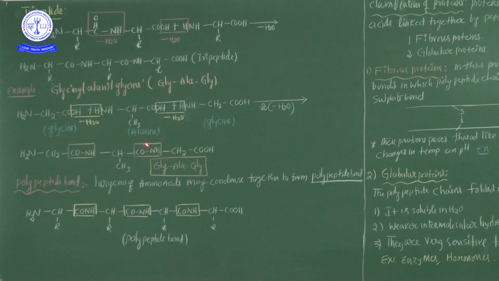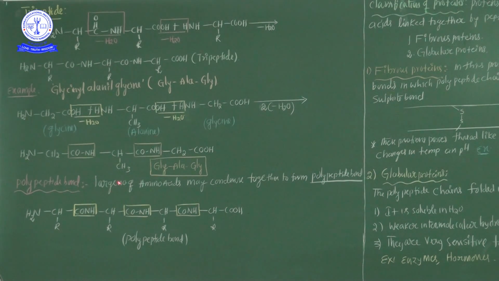Actually, my dear students, the number of peptide bonds among n amino acids is calculated by the n-1 formula. Write down this one. So once again, the number of peptide bonds among n amino acids is equal to n-1. For example, 10 amino acids involved in the condensation, 9 peptide bonds are there. 20 amino acids involved in the condensation, 19 peptide bonds are formed. So that's why the number of peptide bonds among n amino acids is equal to n-1.